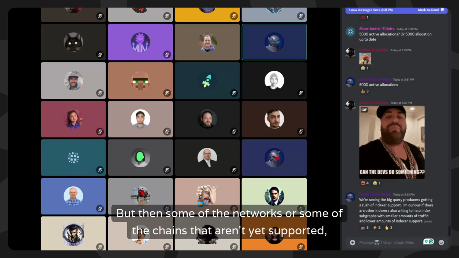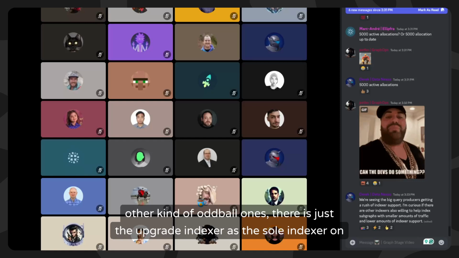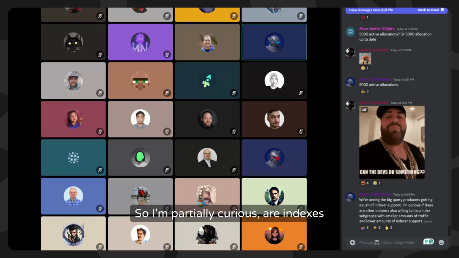But some of the chains that aren't yet supported, things like BSC, Base, ZK Sync Era, Polygon zkEVM, X Layer, some of these other oddball ones, there is just the upgrade indexer as the sole indexer on those, even though there's a bunch that have queries. So I'm partially curious, are there indexers